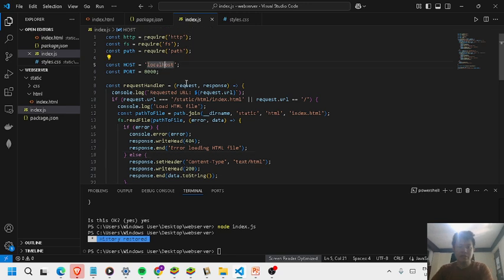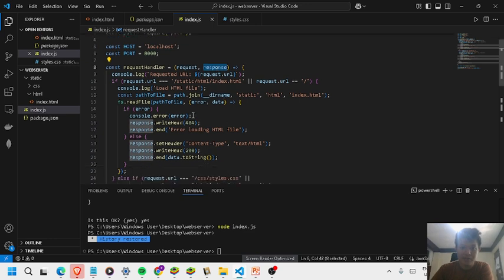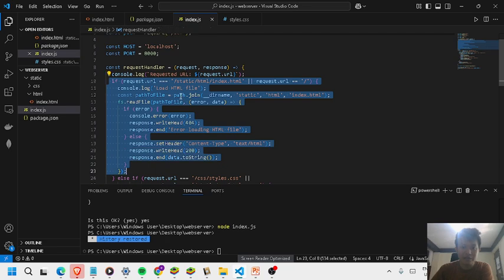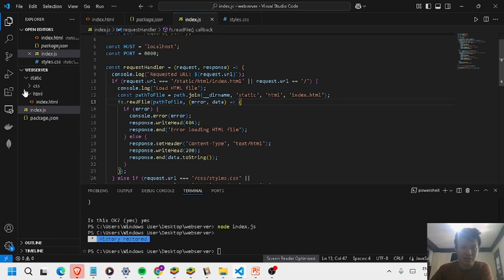So let's discuss this. Here is a long form of the Express. Const http, we import HTTP; const fs, we import fs to access the file system; const path, we import path to access the file paths. And then we create an object request handler with the parameters request and response, and then we log the request URL, and then we use an if else statement to show if the static slash HTML